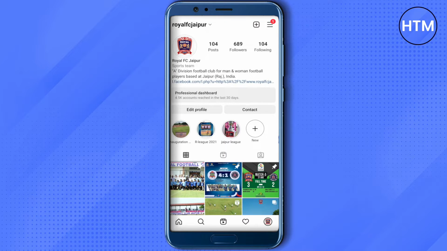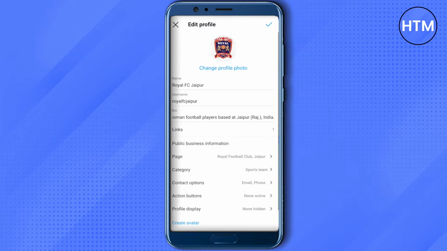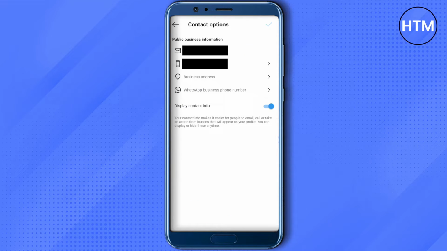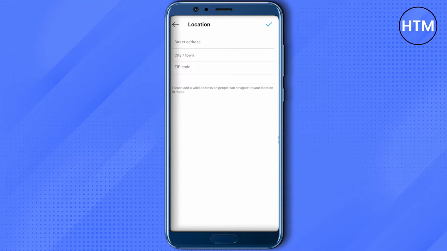After that, click on edit profile, and here you will see this option of contact options. Just click on it, and here you will see this option of business address. Just click on it and set your address as per your preference. You can change the city or your country, whatever you feel is right for your profile, and that's how you do it. And the best way to change address on Instagram is by getting the SIM card from a country that